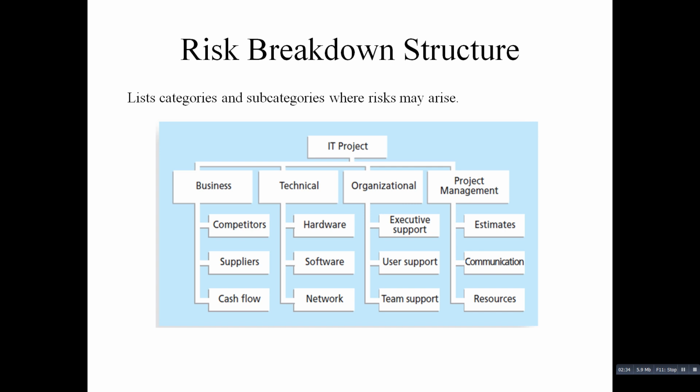Likewise, software may be broken down further, based on the requirements of the particular software for the particular project, since those software requirements may change. Then the network issues: whatever issues you are facing for completing that project will come under this network category. Likewise, the organizational and project management parts include subcategories. Here project management strategy is very important.